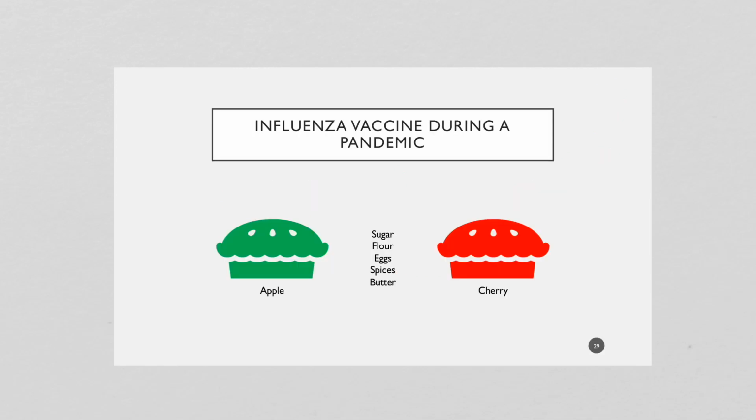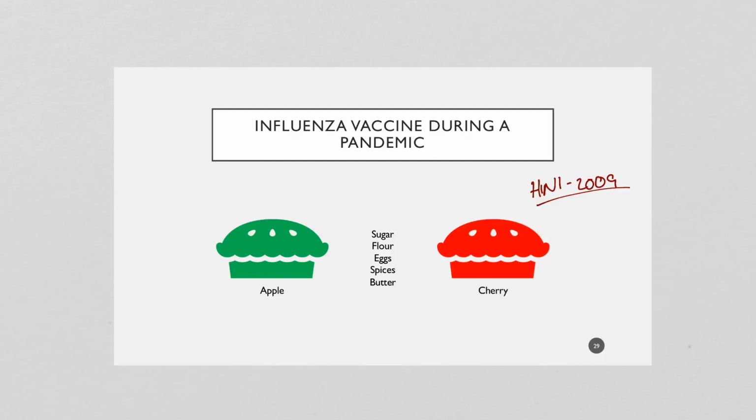All right, so something that happened in 2009 during the H1N1 pandemic was that people were saying, you rushed this vaccine to market. You didn't test it. You didn't do clinical trials. What is up with that? Why did you not go through phase 1, phase 2, phase 3, and then eventually phase 4? Well, there wasn't really a need to do that.